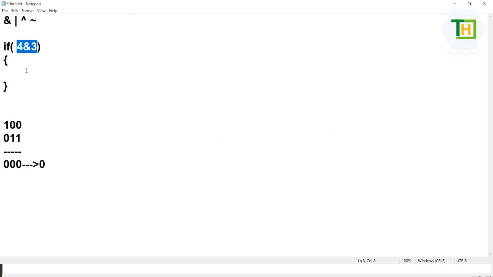Is it clear, everyone? And in the same way, bitwise OR also. For example, if I apply bitwise OR: 1 or 0 is going to be 1, 0 or 1 is going to be 1, 0 or 1 is going to be 1. That indicates definitely it is going to be true. That means the decimal value is going to be 7, right? That means 7 is going to be like this. And sometimes